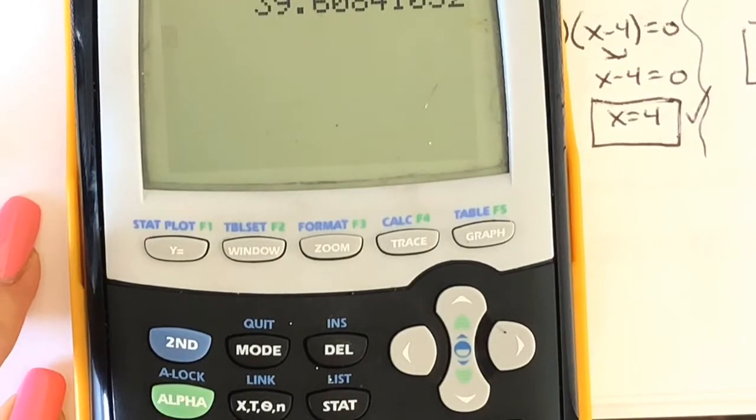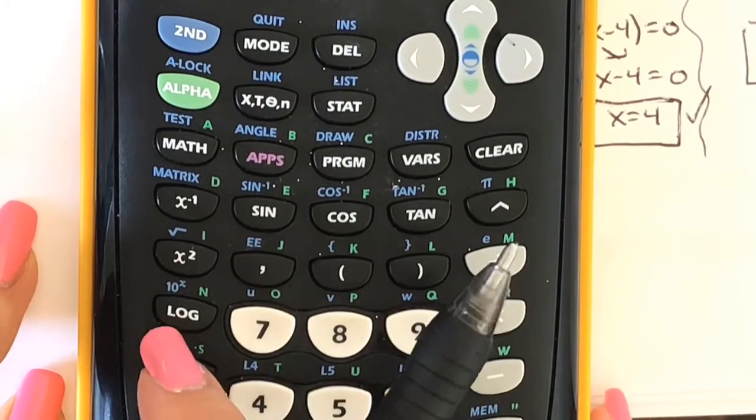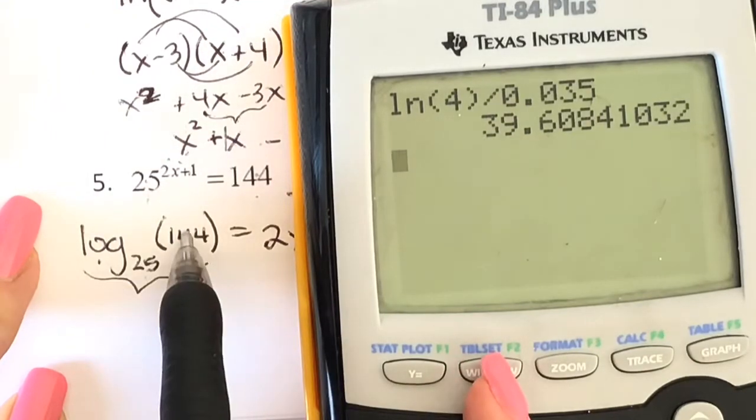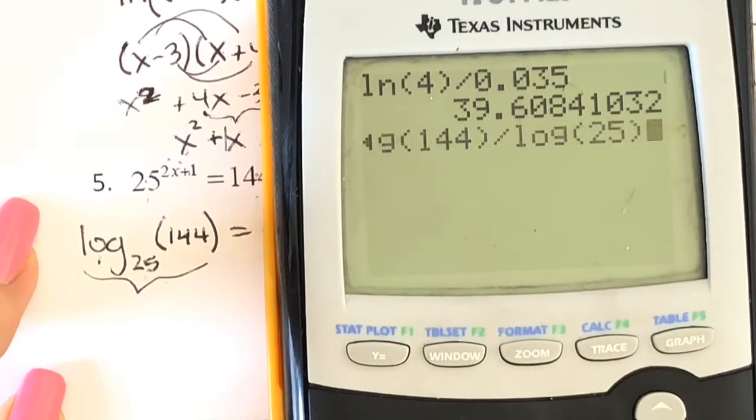So again, you can either do the change of base form, which allows you to use this regular log button in your calculator. So maybe I'll show you guys how to do that again. If I have a log base 25 of 144, to use my regular log button, I would do log of 144 divided by log of 25. And that will give you